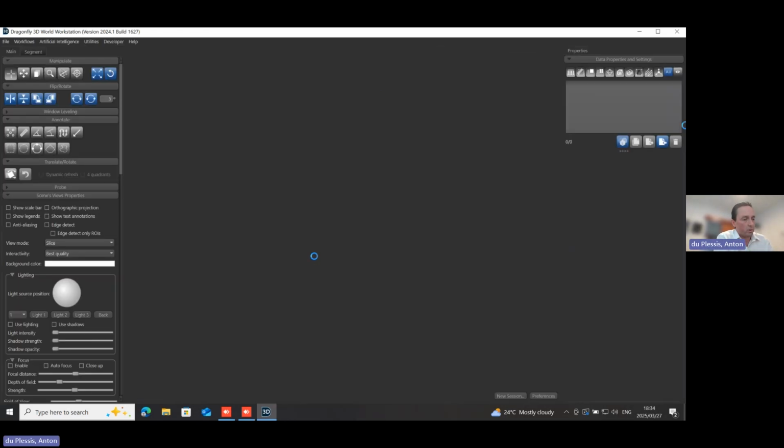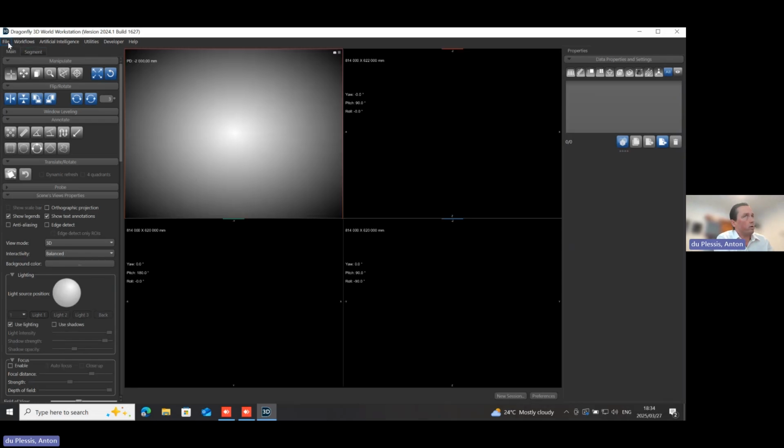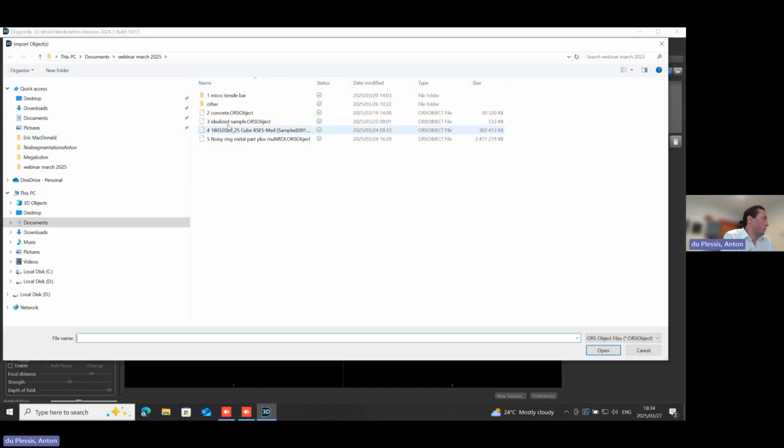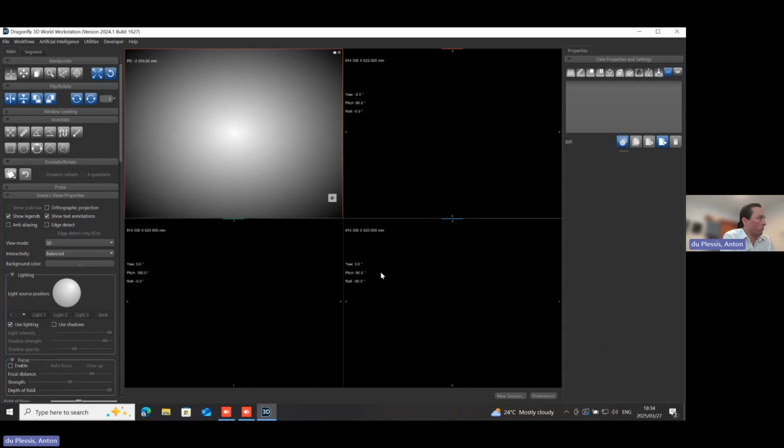In this next example, the idea is to explain a little bit more of a niche topic of analyzing connected pore spaces. I'm going to import this object, which is an idealized sample created by my colleagues in Montreal.